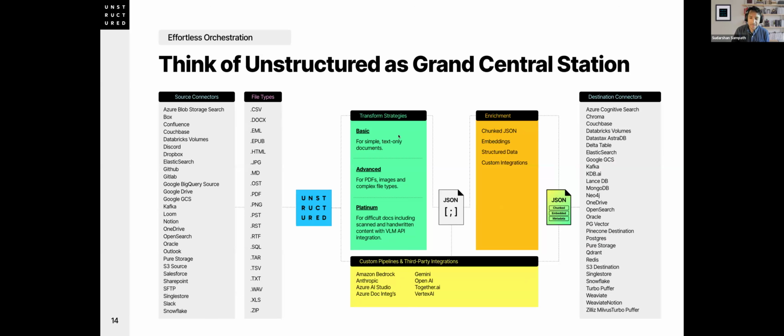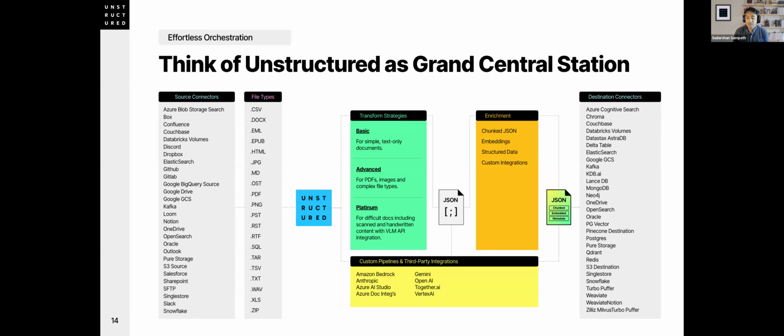We have transform strategies such as Basic, Advanced, and Platinum. As you use Unstructured, there are other companies in this space who do this type of file transformation to get canonical experiences, and a lot of them will always tilt towards VLMs and really heavy duty models. That is not the right thing to do. Imagine a PDF in your mind that's text, images, and tables. The majority of the content in that PDF is text, and it should not go through a VLM. It's very expensive and it's very, very slow.